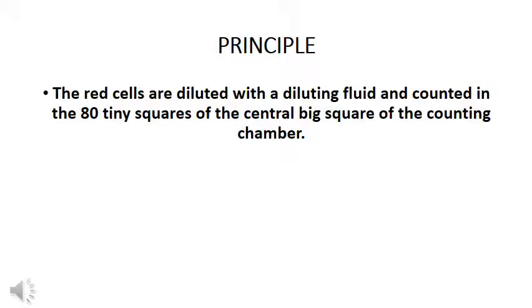So obviously we are using a diluting fluid which is not used for the lysis of RBCs. So we cannot use Turk solution, which is used for the counting of WBCs. We cannot use Hickelsman fluid for the counting of RBCs. So let's discuss how we can prepare our dilution.